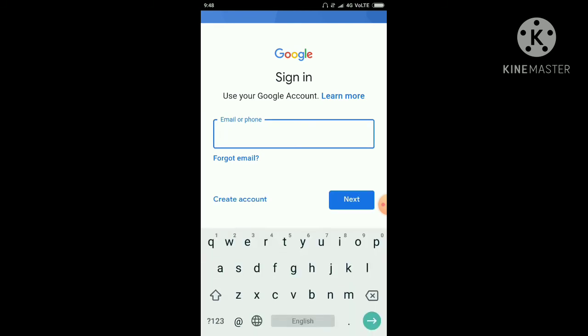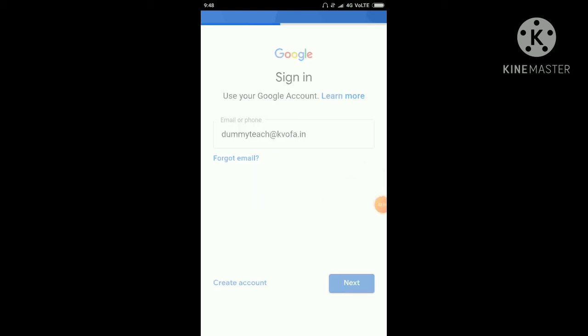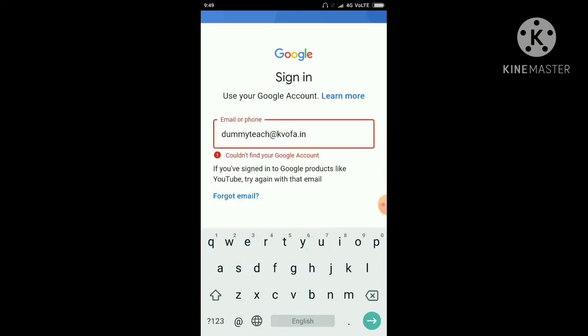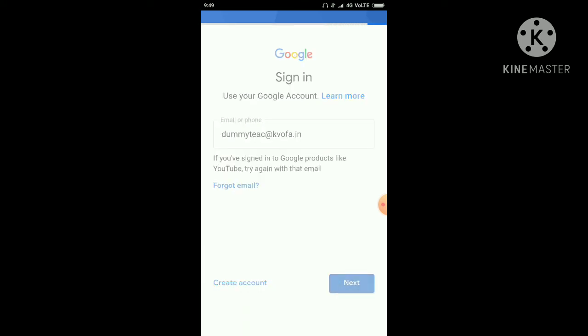Now you have to enter your ID, teach@kvofa.in. You have to press next. If the ID is wrong, it will display an error message.